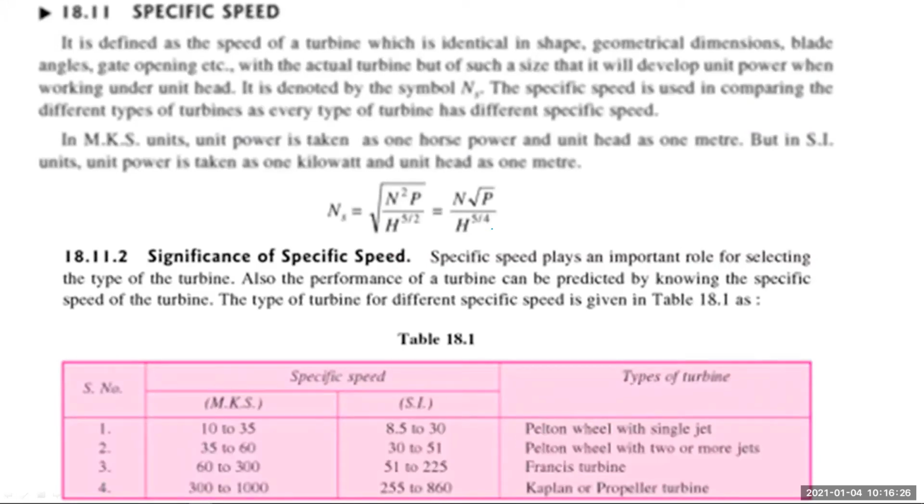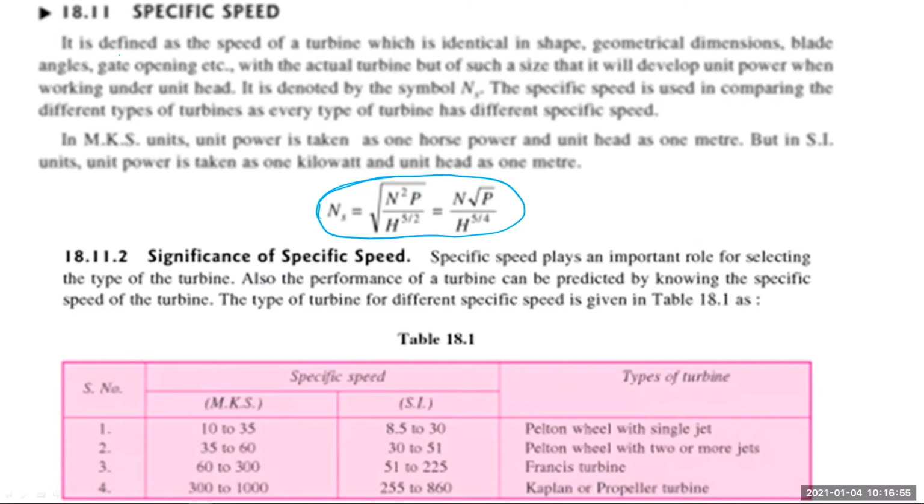Next topic is your specific speed. Okay. Try to understand the concept, and this formula you must remember. I will show you how this formula is coming just for your understanding, because some of the numerical you can easily solve if you know how this formula is coming. Anyway, I hope the derivation will not come in the examination. Very short derivation is there. Okay. So let's see the definition.